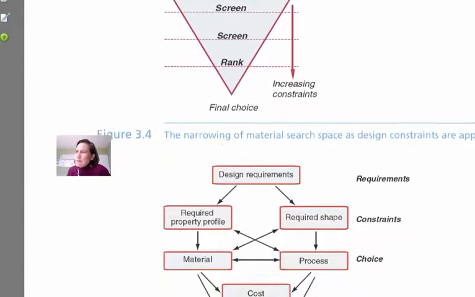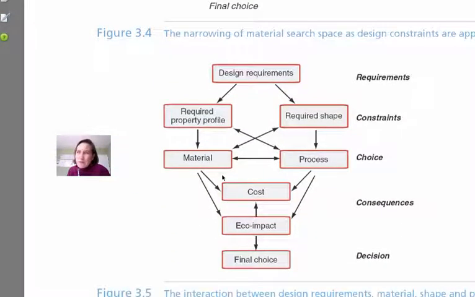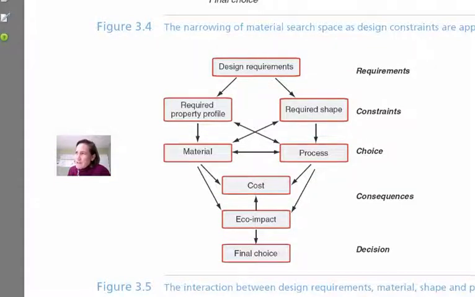In 3.5, you see this process illustrated in another way. It begins with the design requirements, as we had talked about. And those design requirements give rise to a series of constraints that might be reflected in the property, profile, or the required shape of the thing that you're making. Now, obviously, this refers to a product and not a service or a process. And then, if you're designing a product, once you have articulated those constraints, you go through this screening process